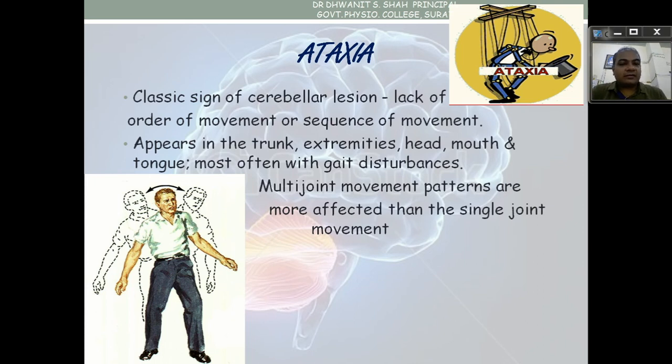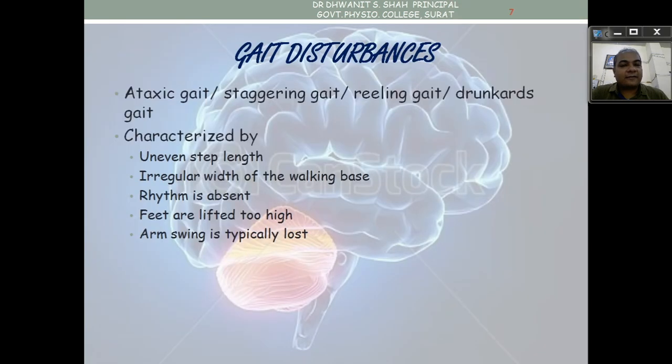Clear example. It is also called a drunken gait. When the patient walks, but incoordinated, arrhythmic tapping of the limbs because of the lack of synergy or lack of the sequence of the movements in the upper limb or lower limb muscles, so the movement becomes irregular, arrhythmic, unbalanced, uncoordinated movements. That is called ataxia.